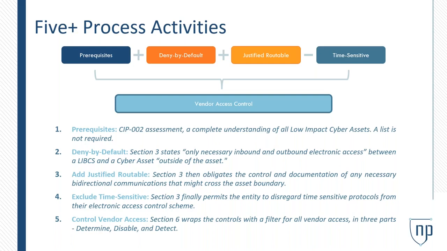Exactly. Yeah, a list is not required. That's not a compliance requirement, but it is a security requirement. And I want to make sure everyone in the audience keeps those two things separate, because you can be compliant and insecure. Going back to the firewall rule comment and what you're talking about here with Section 6 of CIP-003, I can lump everything into one, but that doesn't give me very fine-grained controls around it. Right.